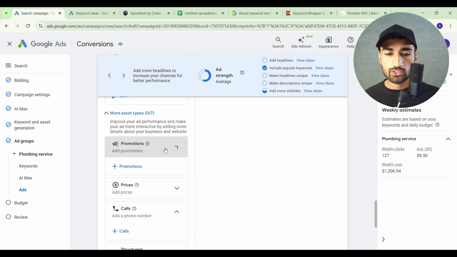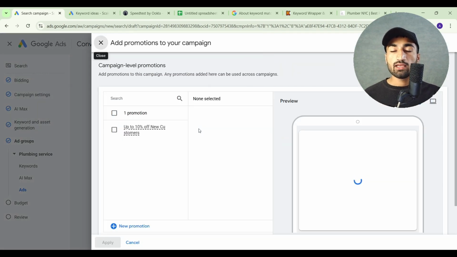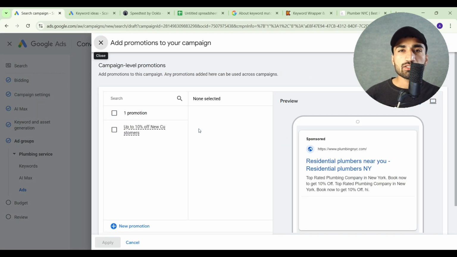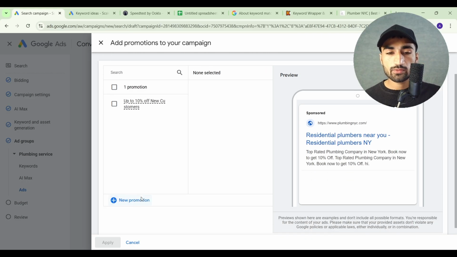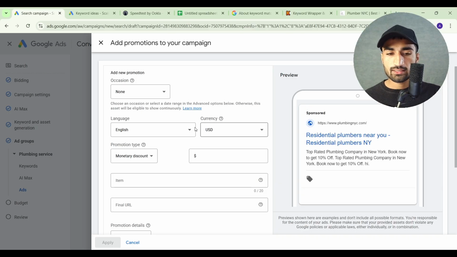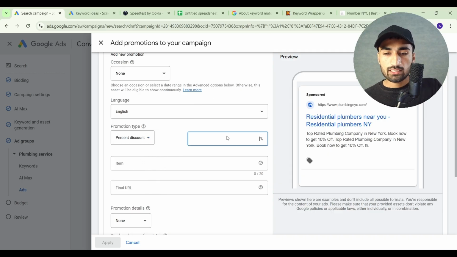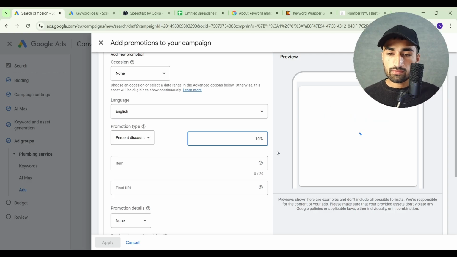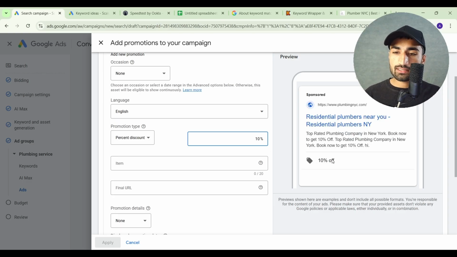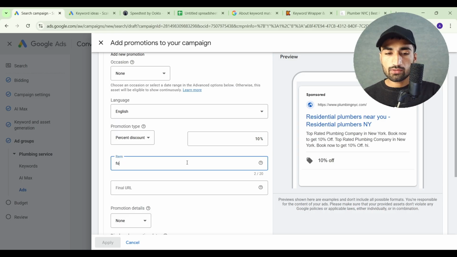Now we have the promotions tab, click on promotions. If you are offering any percentage off, then I would recommend you to do it. So let's click on new promotion. English, select your currency, the way you want to do, whether you want to go for any exact discount or any percentage discount. I would go with percentage, and I have 10% off, and you can take a look at the right. That's how it shows up. 10% off, and for